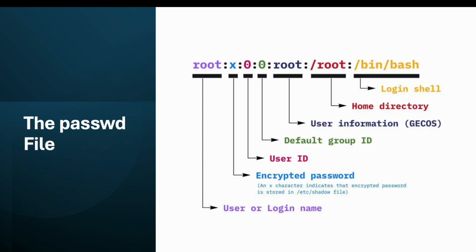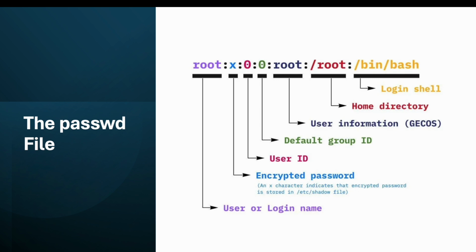Followed by the passwd file. The passwd file is simple plain text, but it contains vital user login data. Each row in the file holds information of one user account. There are a total of 7 columns separated by colons. Here the first column stores the user information like login name. The second column stores the password, and if it is x, it means the password is encrypted and stored in the